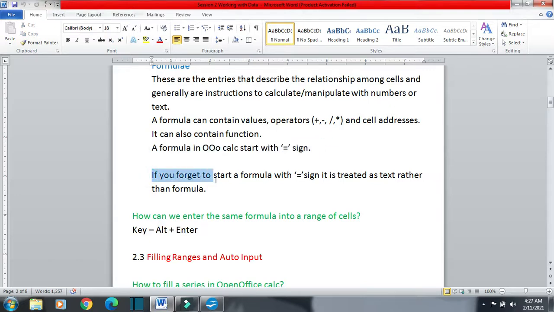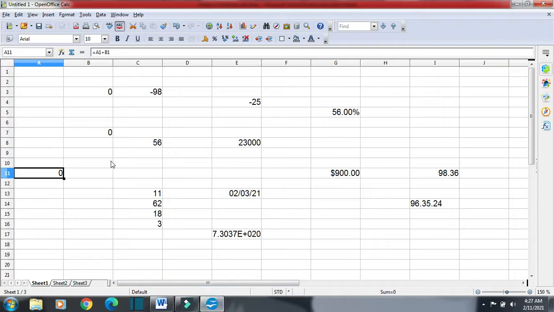If you forget to start a formula with the equal to sign, it will be treated as text rather than a formula. For example, if I write equal to 8 plus 9, here we have used the equal to sign, that is why it will be seen as a formula right now. But if I forget to use the equal to sign, it will be seen as text.